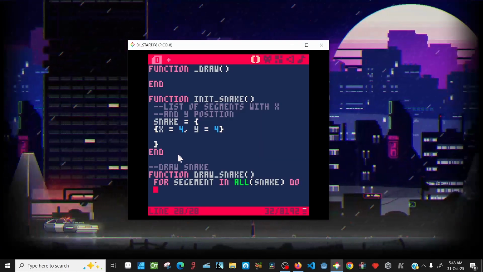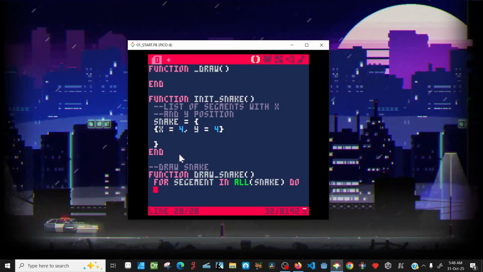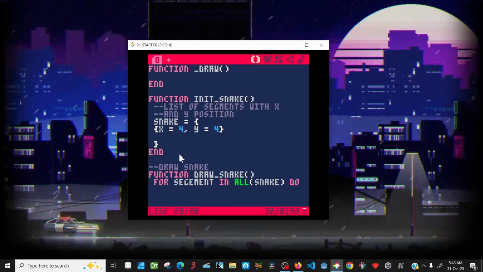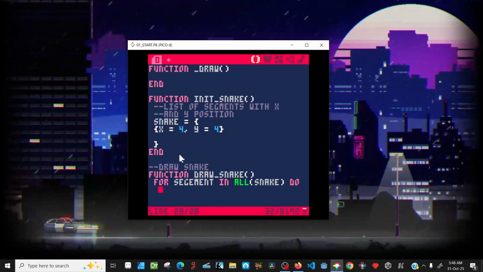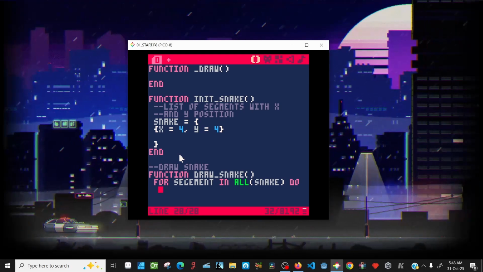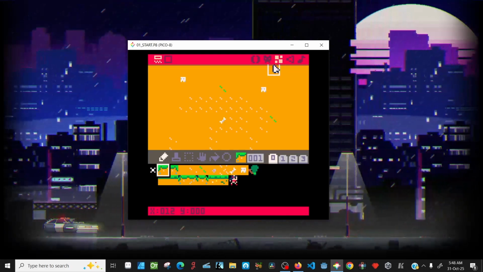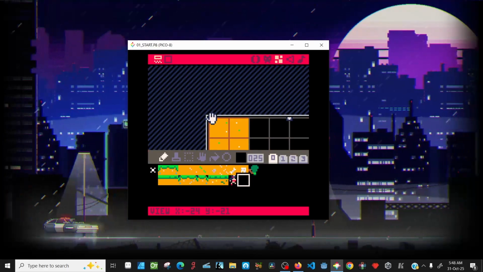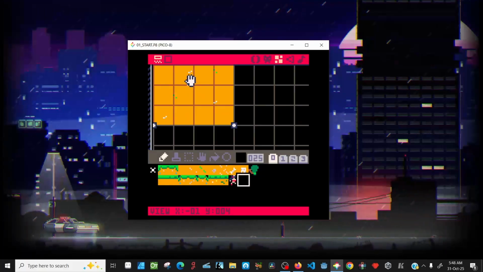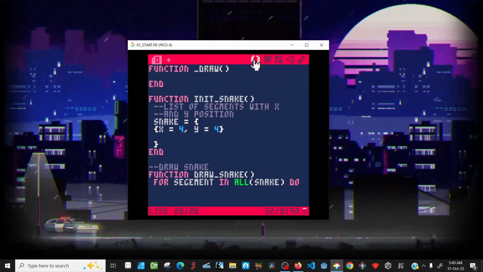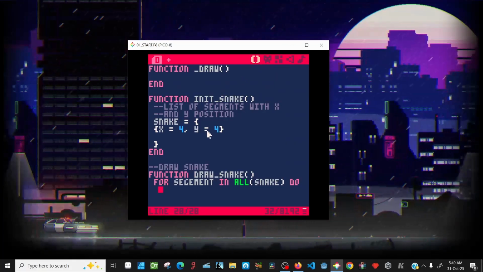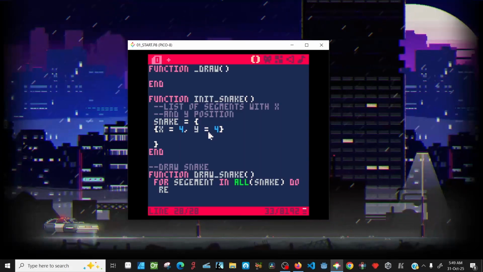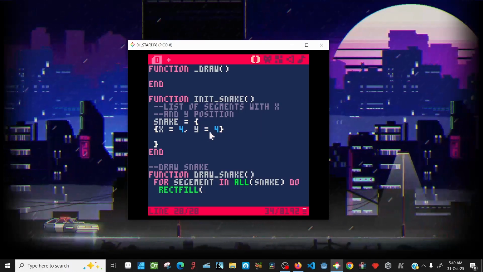So what we want to do is convert, we'll multiply it by the number 8. So each block is an 8 by 8 pixel, right? So let's go ahead and do that. Basically, each of our snake segments will be an 8 by 8 pixel, because if we look at PICO-8 over here, I actually have some stuff here, but if I press the space bar, you can see each of these segments for our game world is actually 8 by 8, and we need to convert our game segment to our world segment. All right, so to do that, let's create a rectfill,